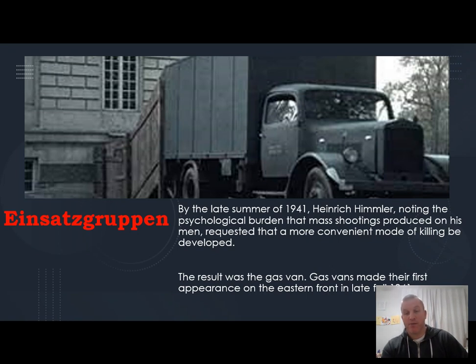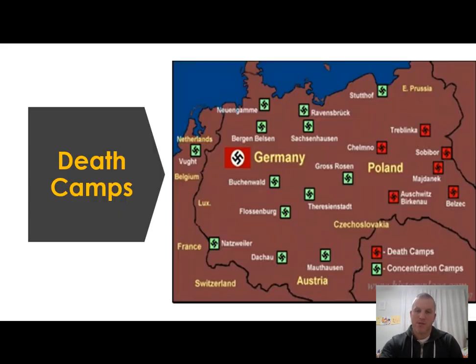At first, they come up with this thing called the gas van. And the gas van is where you just load people into the back of a van, and then you get the exhaust pipe, and you just pipe the exhaust straight back into it, carbon monoxide, and eventually you drive around for however long, half an hour or so. Everyone in the back dies, and then you bury them. The gas van, obviously, as you can tell, will give them the idea for eventual gas chambers, which are these